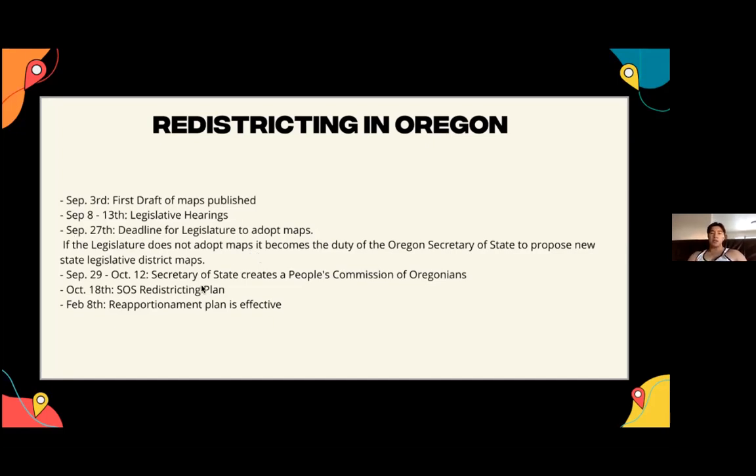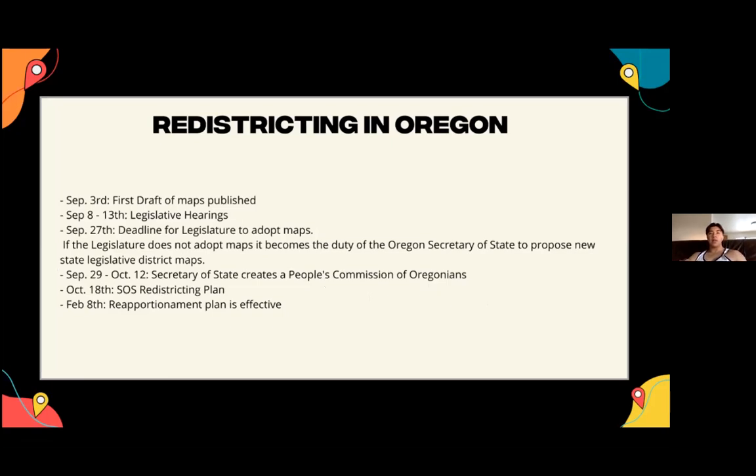So it's not listed in here, but September 29th is when the Secretary of State publishes their first draft of their maps, and when they create their own People's Commission of Oregonians. And October 6th through October 12th is when there are hearings with the People's Commission of Oregonians about the legislative maps. So the People's Commission of Oregonians is a commission of 20 community leaders that the Secretary of State will